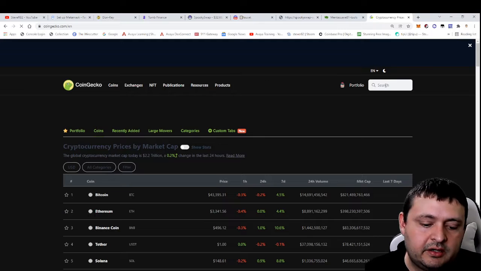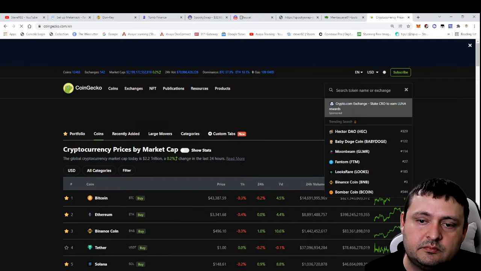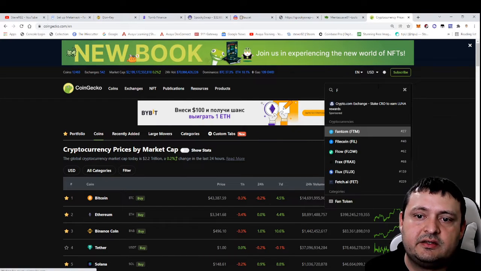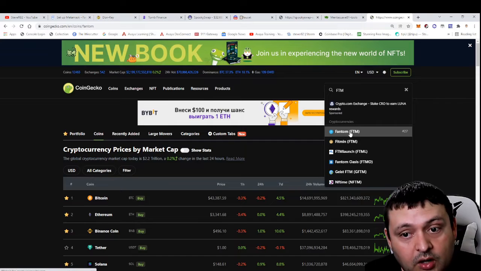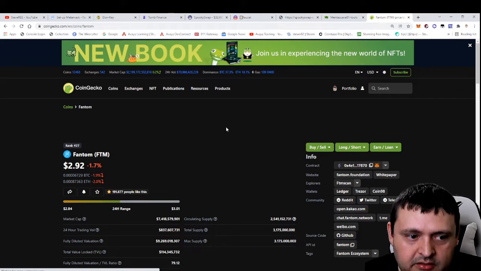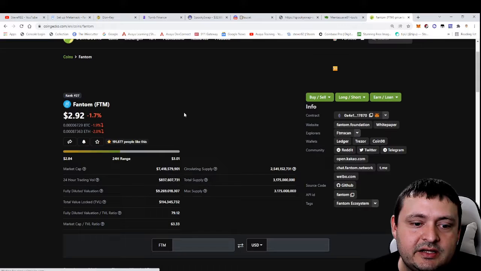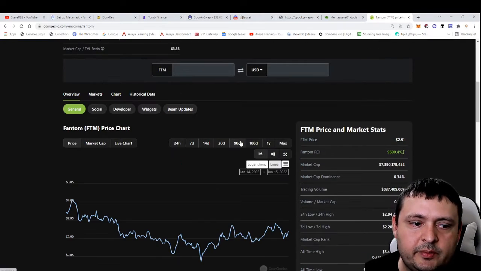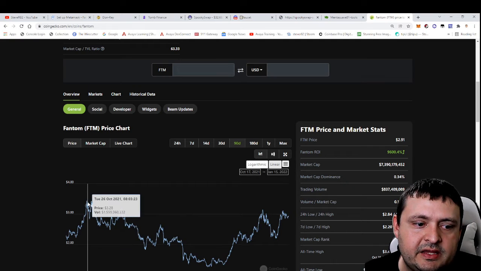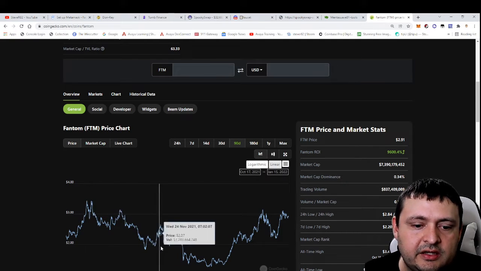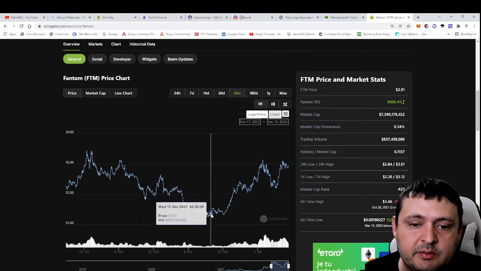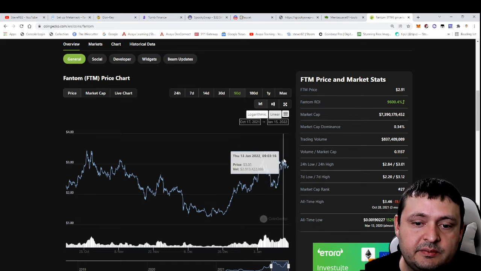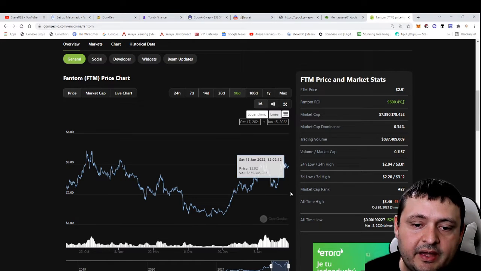If we go to CoinGecko and we look up Phantom, so FTM Phantom. I know it's kind of annoying that there's a Phantom chain and there's a Phantom wallet with a P for Solana. So Phantom is sitting at about $2.92, and if we go to the graph and go back 90 days, it peaked up here at a little bit like $3.30, then came way down. Obviously, this would have been a better time to buy at $1.45. Now it's been coming back down,